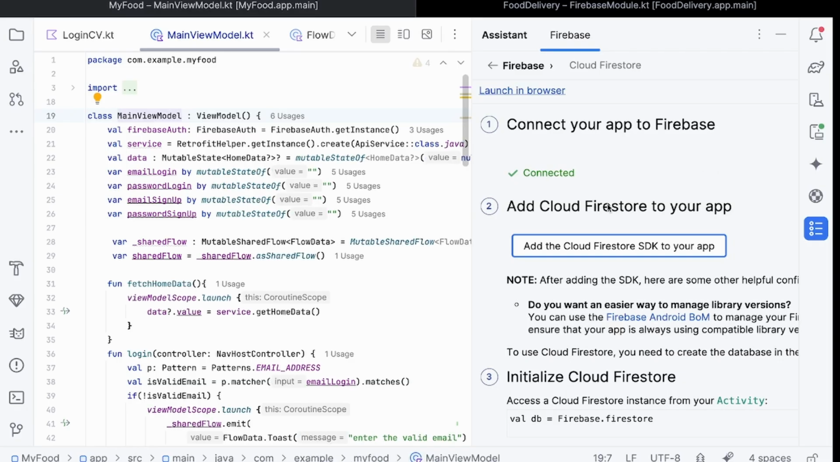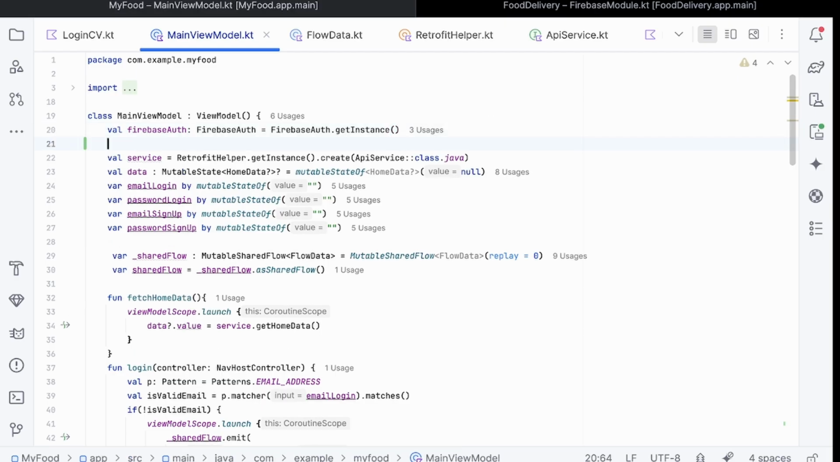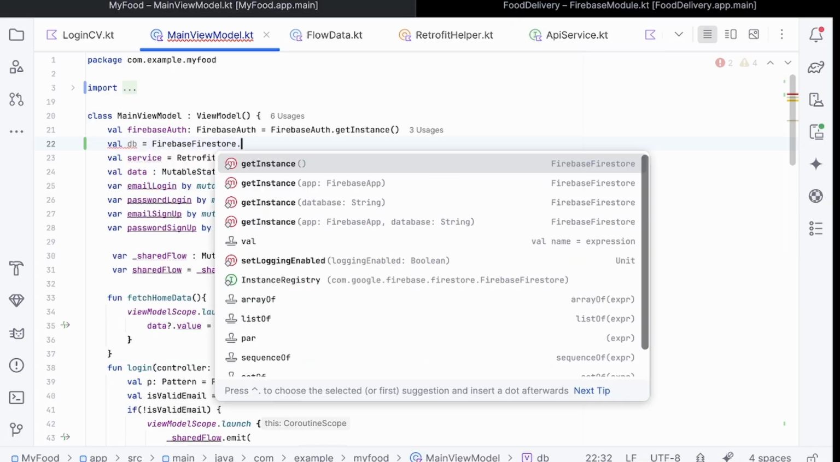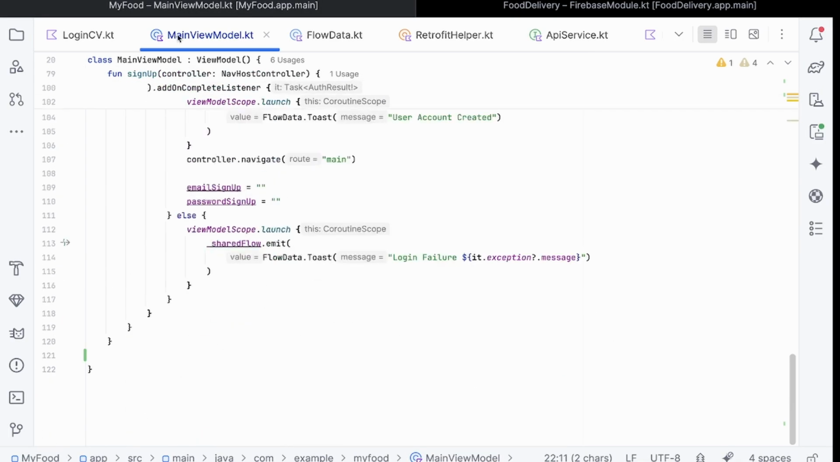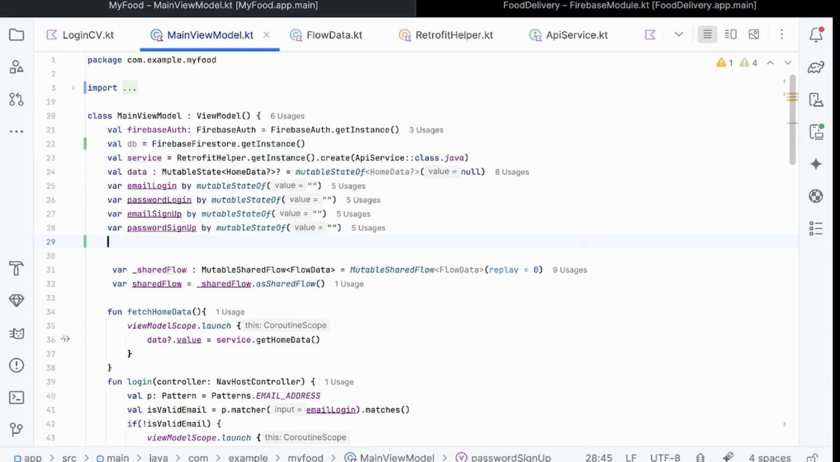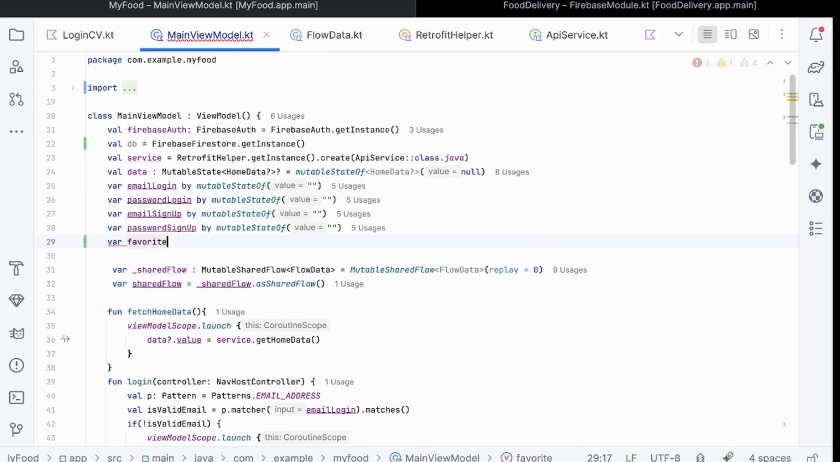Right, I just double shift and search for Firebase. You can also use that. And where Firebase, just use db: Firebase.firestore.getInstance, which is a database for mine, and I'm just going to use it in further operations. I'm just going to have a favorite list of IDs,